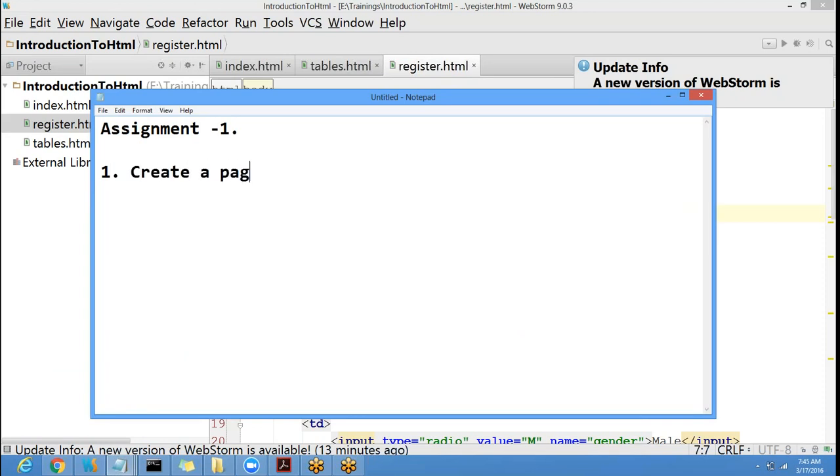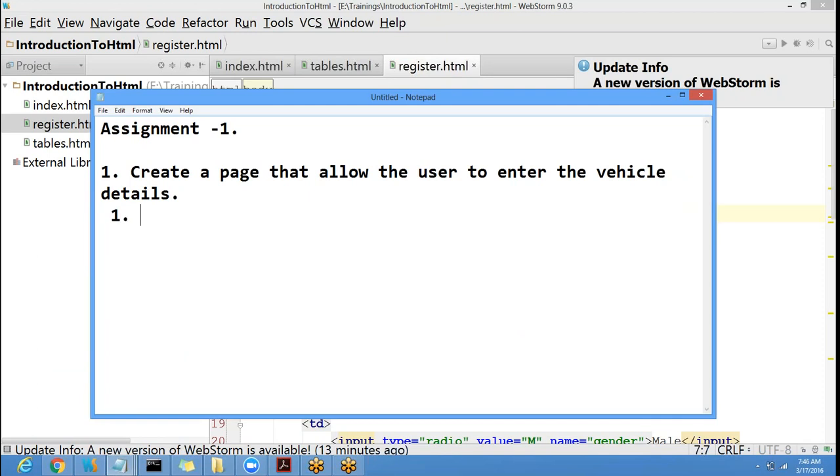Create a page that allows the user to enter the vehicle details. What a vehicle will contain: year, make, model. So here I want the year to range from 2010 to